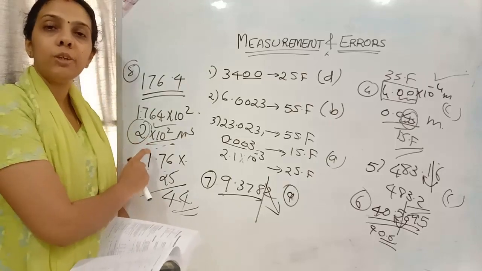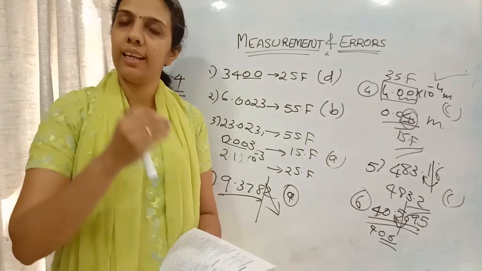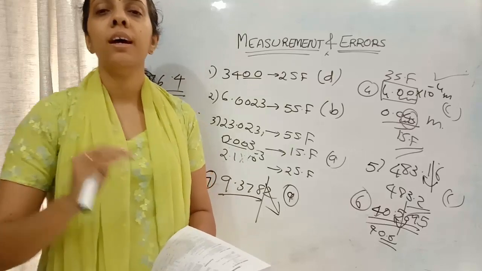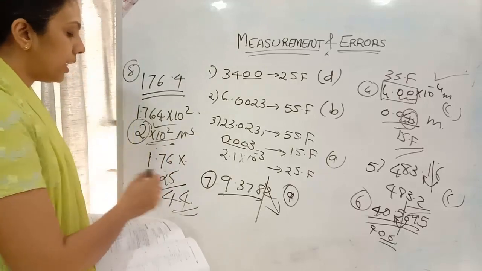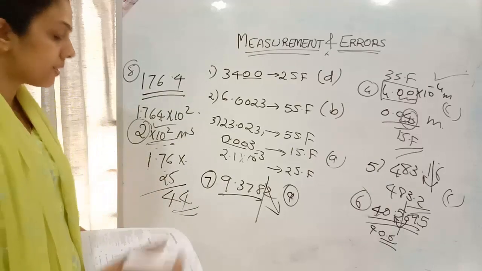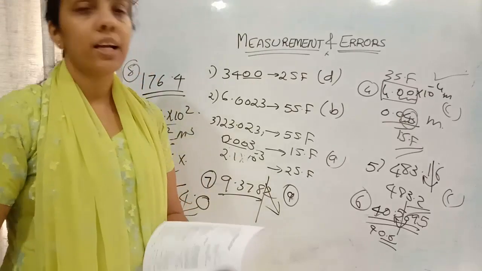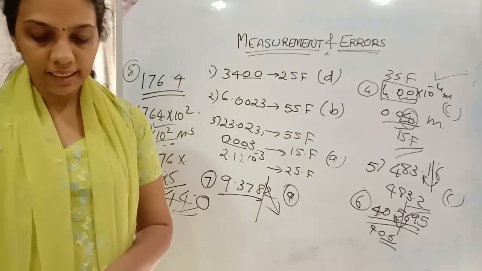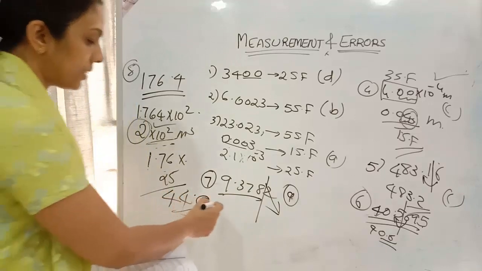If we are considering a number, it's not a measurement. Okay, length, breadth and all, when we are finding out, it is a measurement. Here it is not a measurement, it's a number. A number has an infinite number of significant figures. So here we will consider 3 significant figures. So 44, how can we write it as 3 significant figures? We can write it as 44.0. 44.0 will be the representation for the final answer. So it is B. B is the correct answer.